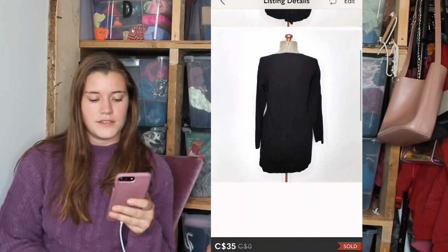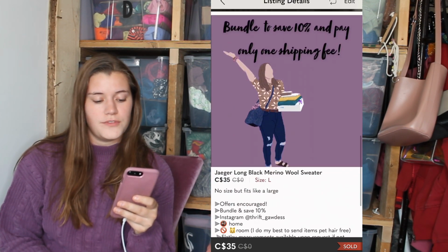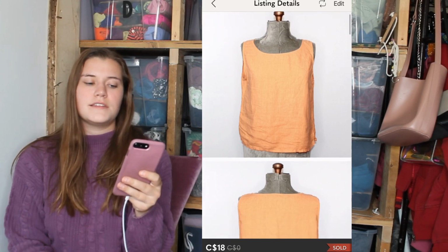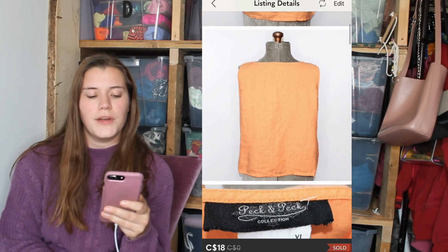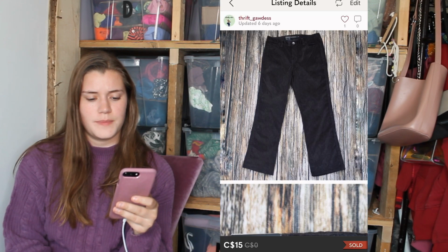Next is this Jaeger merino wool long sleeve sweater, and I sold it for 35 bucks, and it was actually a bin find, so I got it for probably around $1. And that was also on September 15th. And next is this orange linen shirt by the brand Peck & Peck, and it was another bins find as well. Then moving on to September 16th, I have this pair of New with Tags Calvin Klein corduroy dress pants,